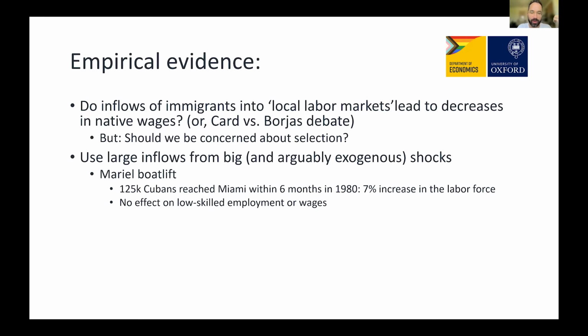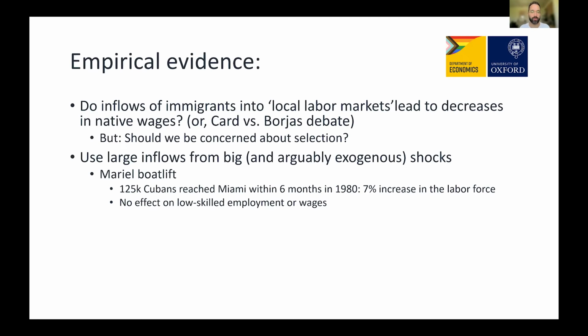The one famous example is the one from David Card, who recently won the Nobel Prize for this work and others, using the Mariel boatlift in Miami, where over the span of 6 months, because of an economic crisis in Cuba and an opening of borders in the US, 125,000 Cubans reached the city of Miami within 6 months, which represented a big local increase, a 7% increase in the local labor force. Card documented actually no effect at all on local employment or local wages. And so the conclusion was actually, the impact of immigrants on local wages is very small, and there isn't really